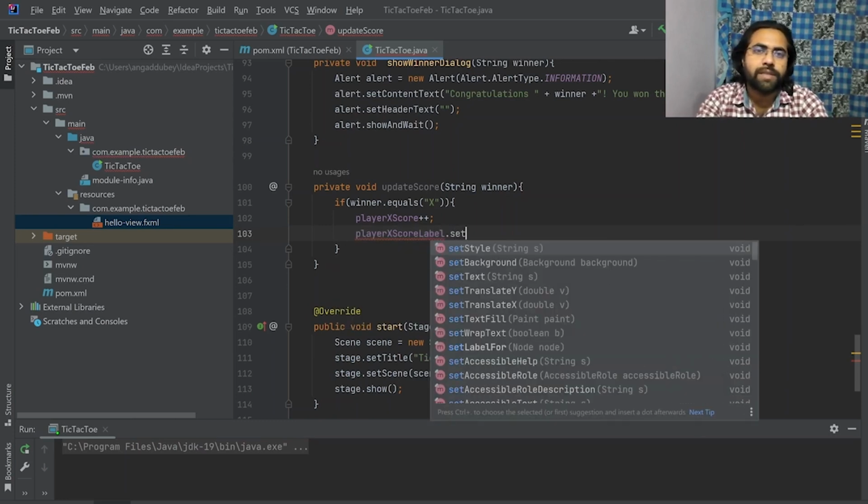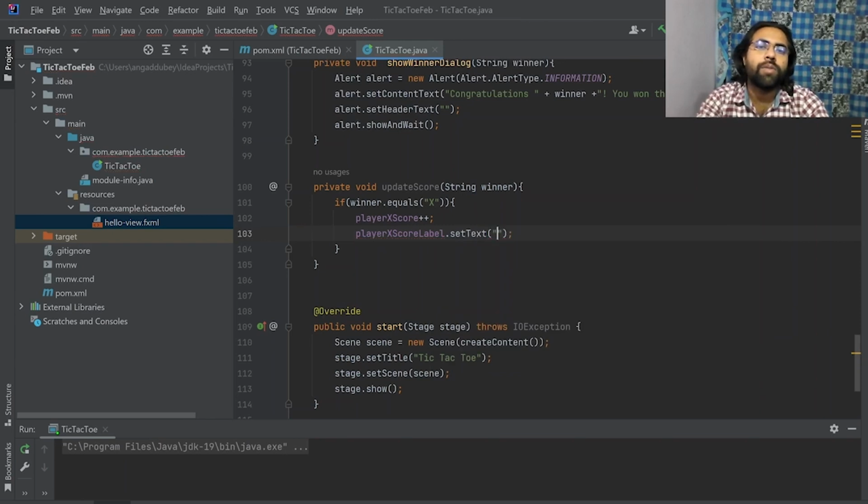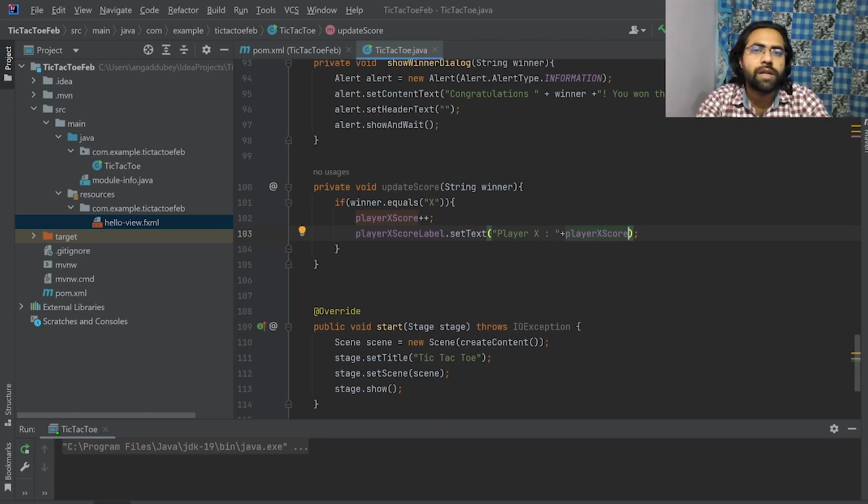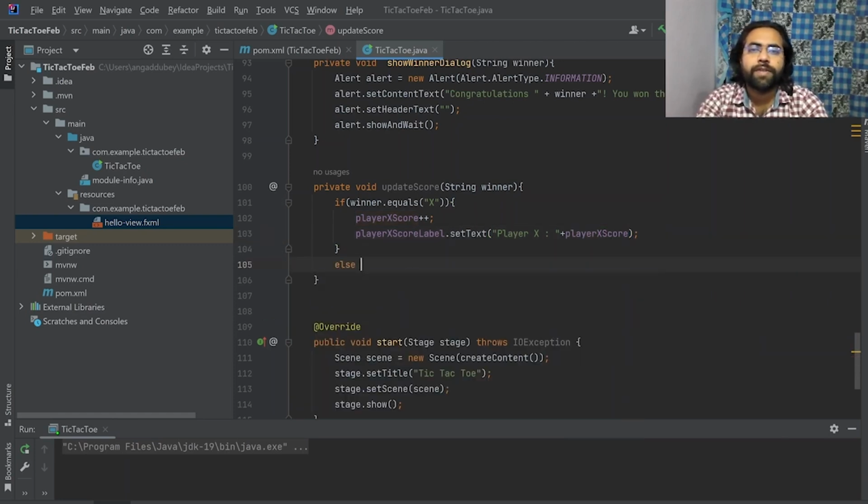dot set text. So here what will be the text is like player X, and then we can simply add the score. So plus player X score. This is good enough. Else if,